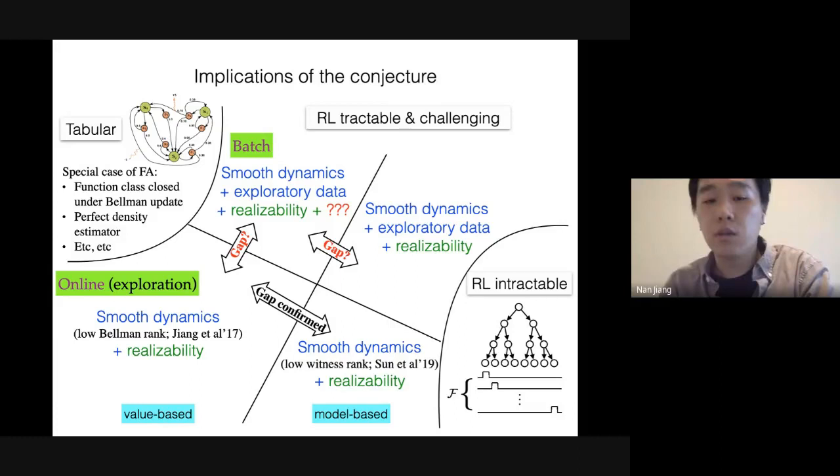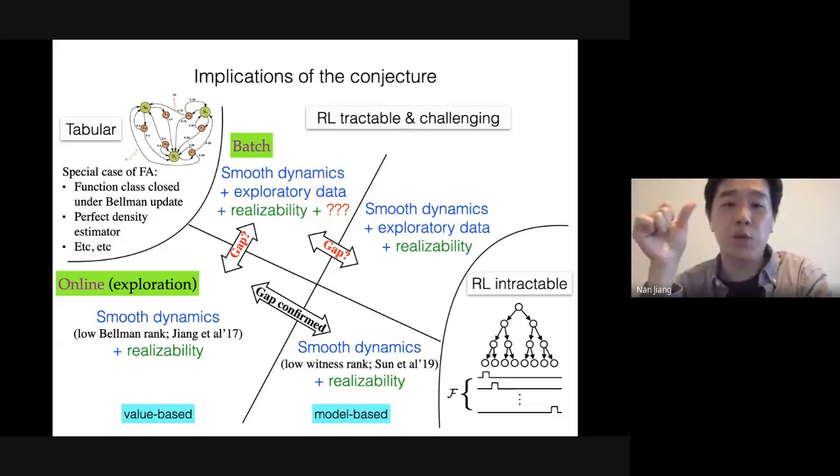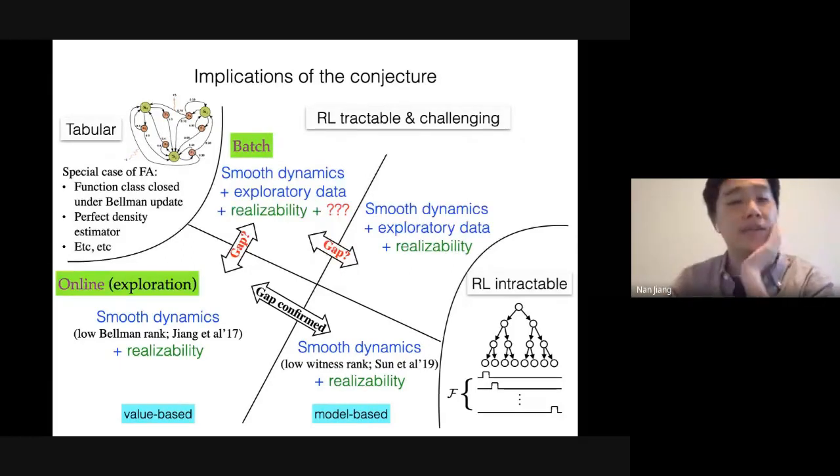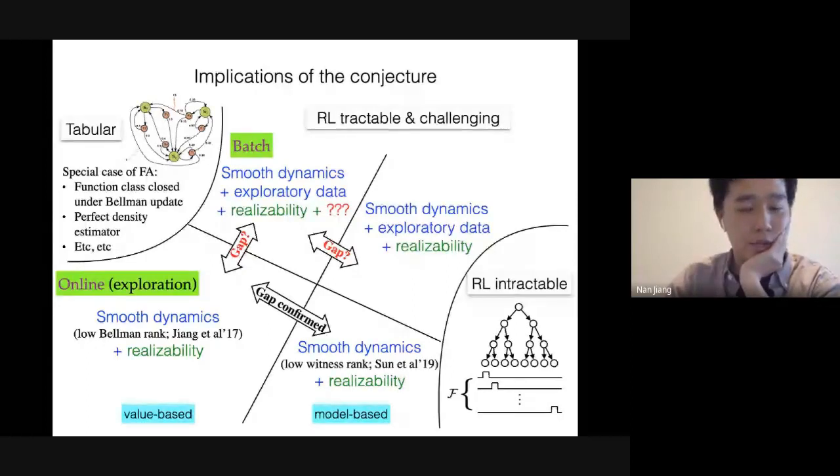Okay, we don't need low inherent Bellman error or any additional assumptions. This is a pretty surprising finding that we have in our 2017 paper, where we proposed the low Bellman rank work. And if the hardness conjecture is true, it also says something about the gap between batch mode value-based RL and batch mode model-based RL, right? So that's why I think this construction, this lower bound itself, is interesting.